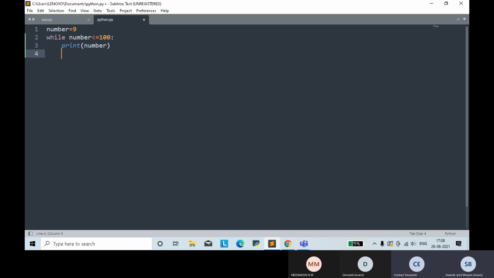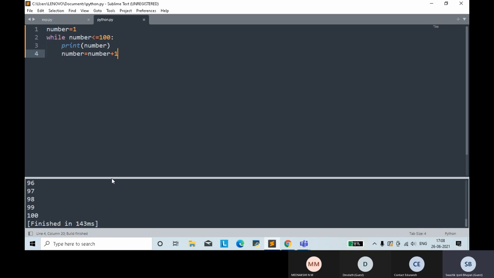Number equals number plus 1. You are increasing the value of the number. Now why are you starting the number value from 9? Start from, say, 1. Come down and run.